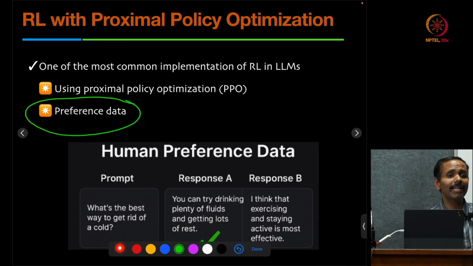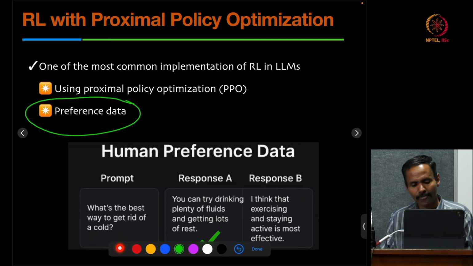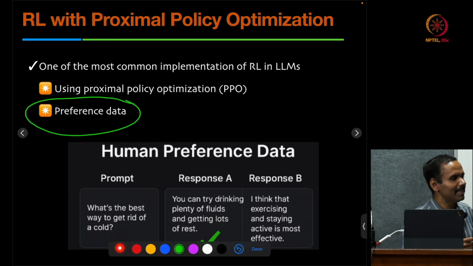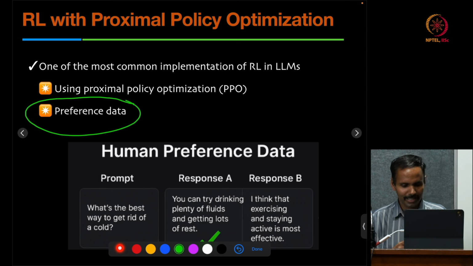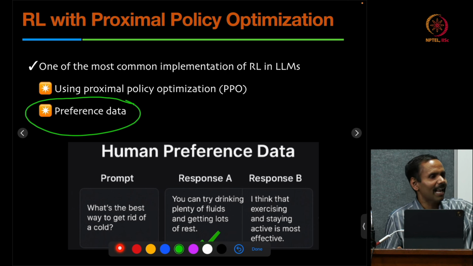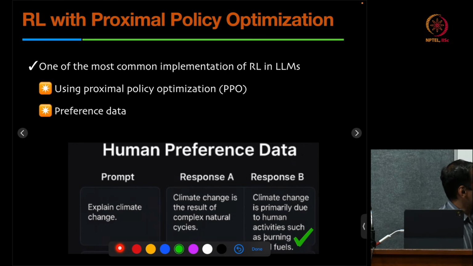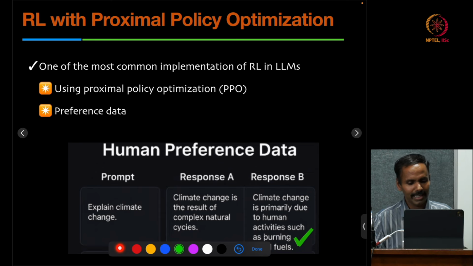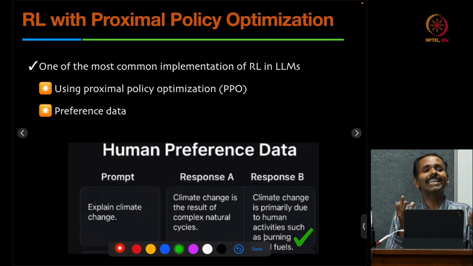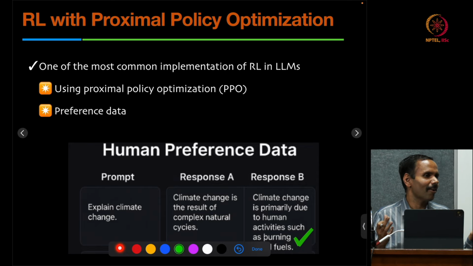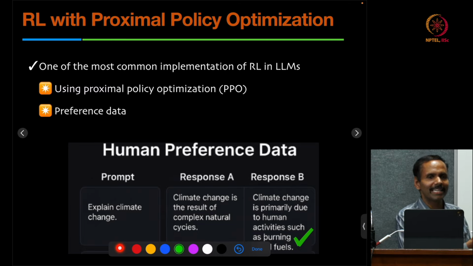Maybe these are two samplings of the model output, as we talked about. One could be that you can try drinking plenty of fluids, getting lots of rest. The other could be to stay active, right? Do exercise, go for a run, right? Sometimes I do that, by the way, the second one, and I get in trouble, right? But largely humans take the first choice, prefer the first one. Now you can ask a different question, right? And both of them are not really wrong, right? As you can see, exercise is also a good thing to do,